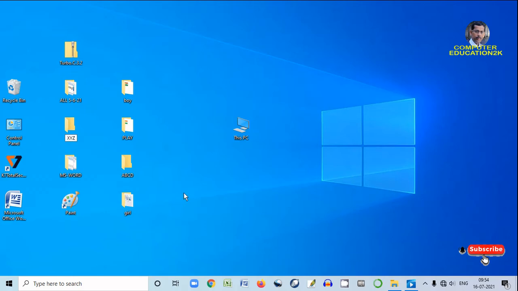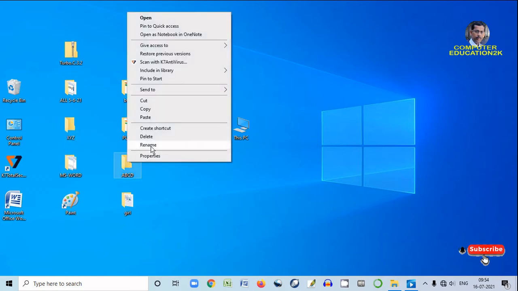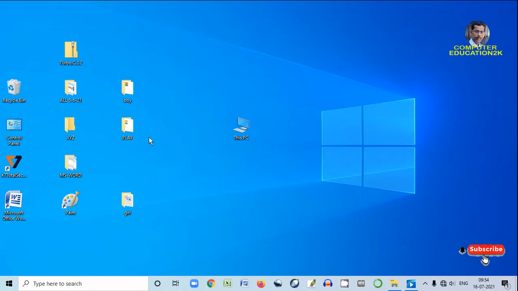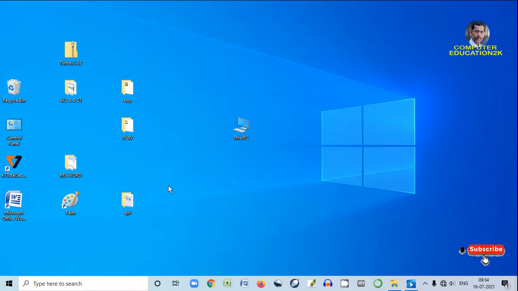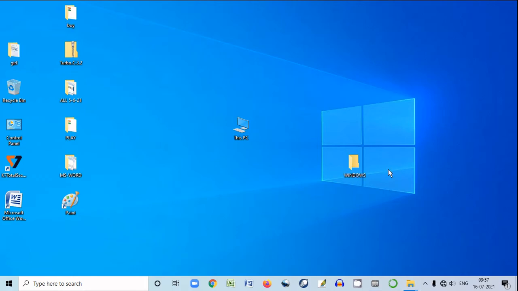This way you can rename a folder. Now suppose you want to delete a folder. So right click on the folder and then delete. So this way you can rename and delete a folder.